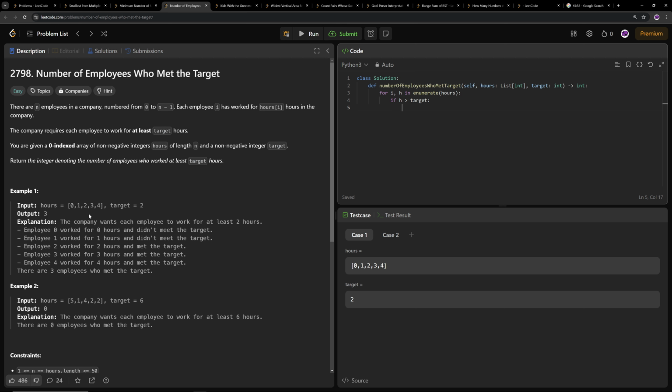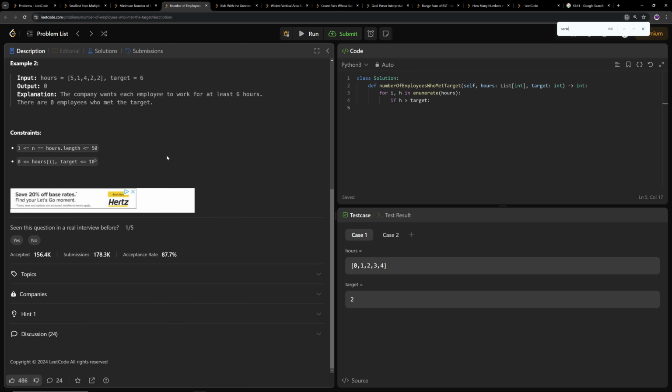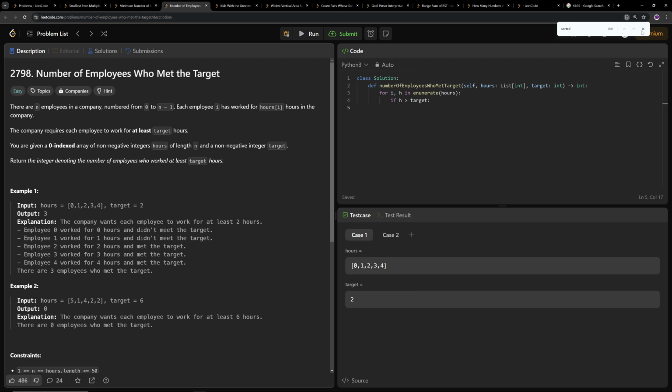so wait, sorry. Oh yeah, the hours are not sorted, right? So it has worked for hours in the company. Each employee is required to work at least 10 hours, 0-indexed based on this already. Okay. This is not sorted, right? So there's no such thing as sorted here. Okay, yeah. All right. I think we have to do iteration then. I thought it was sorted for some reason, but